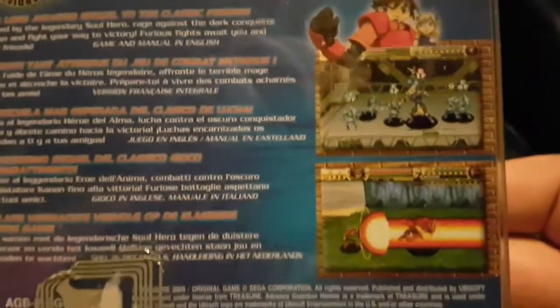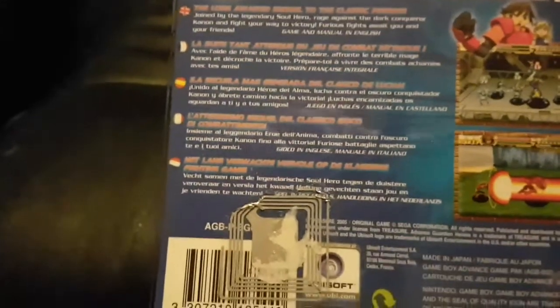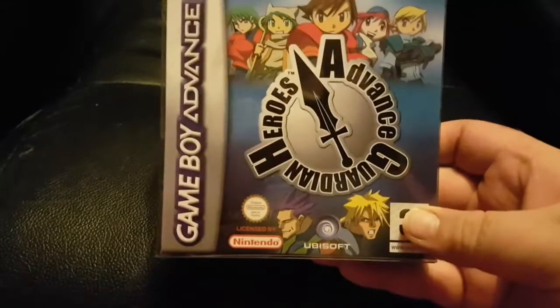Obviously, not many games that Treasure make that aren't very good. So, yeah, I bought this and had a quick look. It was quite hard, but it certainly looks very interesting. It's supposed to be a great game. So, Guardian Heroes Advance. And the next one